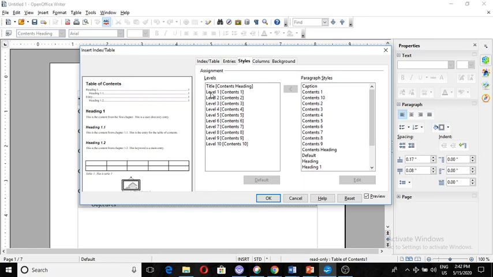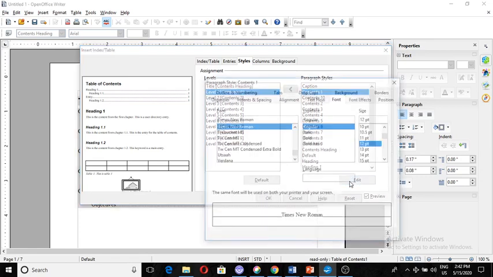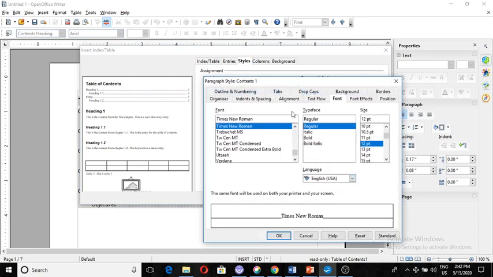So by default the level 1 has been given the paragraph style of content 1. If I select this and edit content 1, I will be able to see the default settings for this paragraph style. See, paragraph style for content 1 is set to Times New Roman, regular, and 12